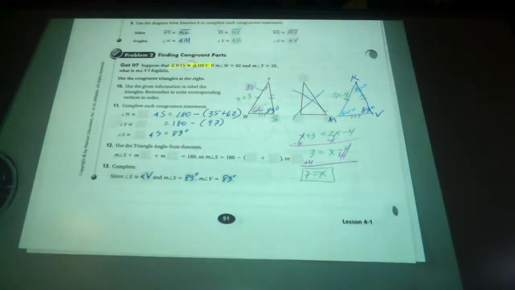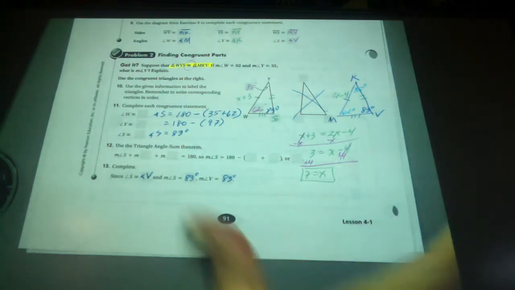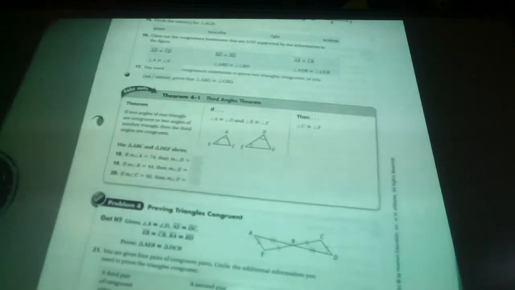All right, so let's look at the second half of 4-1. Just to recap, if you're trying to determine if figures are congruent, they must have all corresponding angles congruent and all corresponding sides congruent. We're really starting to focus on congruent triangles, but they've thrown in some congruent figures in your homework as well as just plain triangles. So if we look at problem 3,